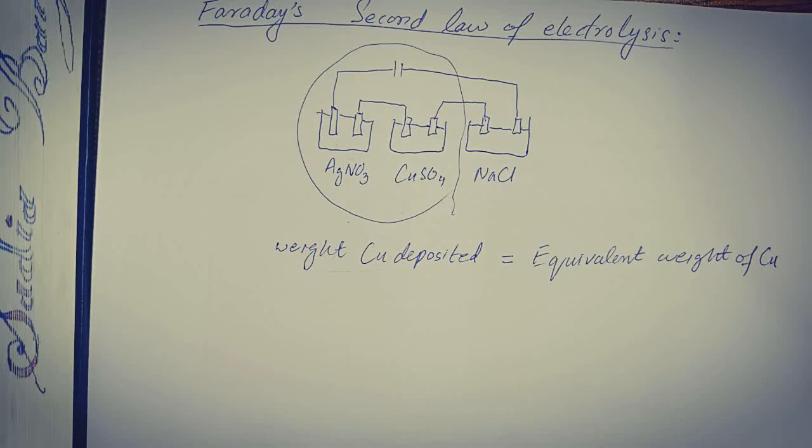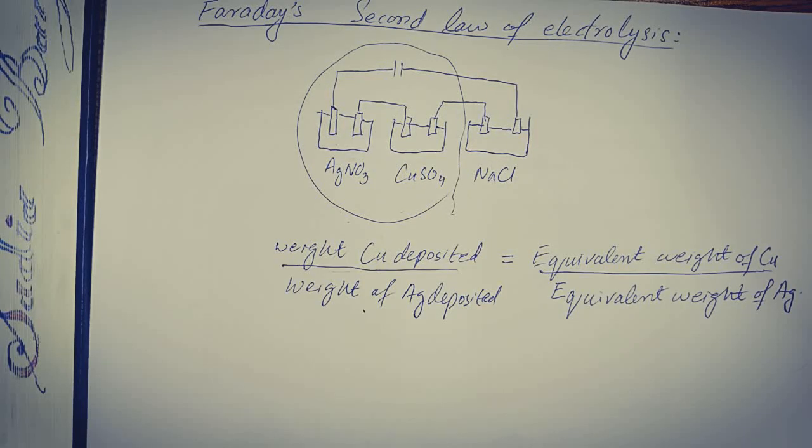That is, when 1 Faraday of electricity is passed through these electrolytes, the ratio of the weight of copper deposited over the weight of silver deposited will be equal to the equivalent weight of copper over equivalent weight of